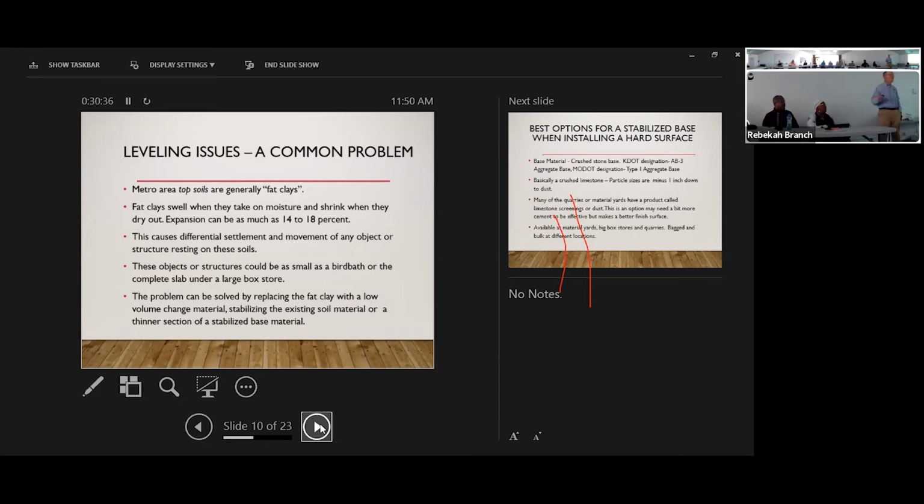It's not available anymore. KDOT uses lime on clay soils. They use cement on sandy, silty soils like you'd have in the Kaw River bottoms. And so if you stabilize it, you're stabilizing a thinner section. It's a lot easier to stabilize a thinner section than replacing a larger section with, say, 12 inches